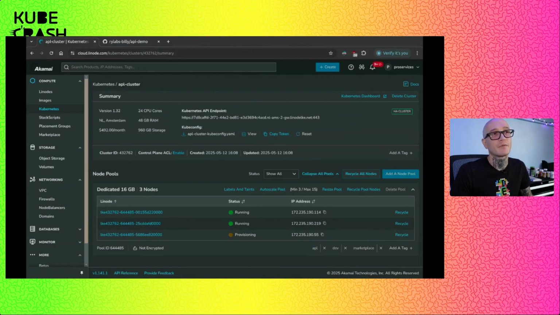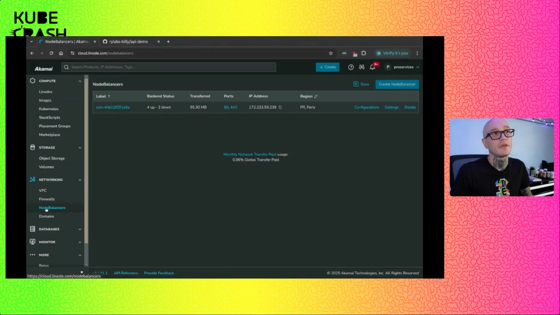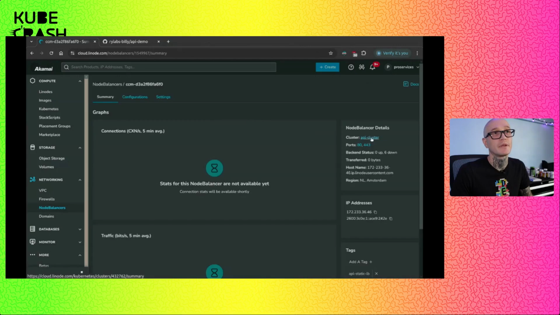Now, if we look back over at where Pulumi is at, it looks like it just finished the second stage of this, which is deploying the static load balancer and setting up some of our DNS. So again, looking back at the Cloud Console, we see that the CCM there just created that load balancer that is pointing to our Kubernetes cluster.